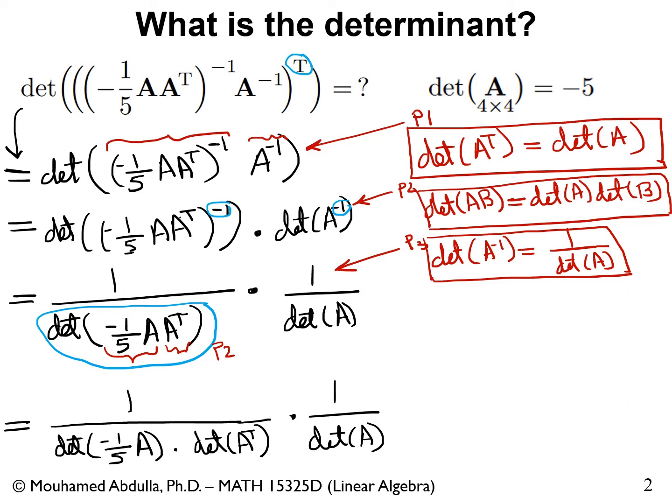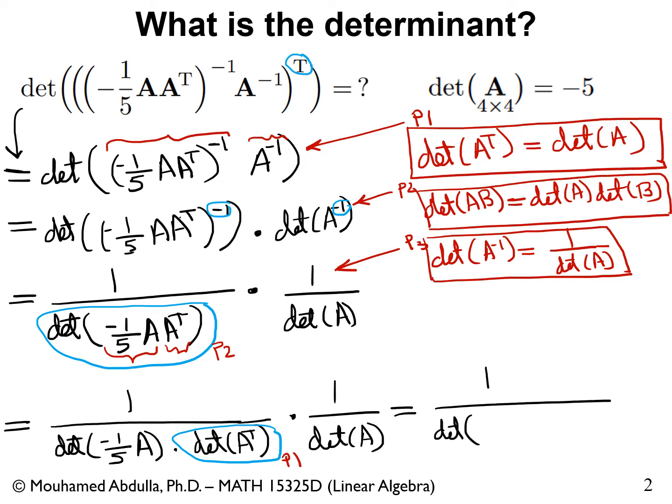Okay, next what we could do is we could also put to use the property that we showed you, the first property P1. So we could use this property here. Determinant of the transpose of a matrix is in fact equal to the determinant itself. So I could update it like this. In the bottom, I'll end up with two expressions that have determinant of A. So I could write it as such: 1 over